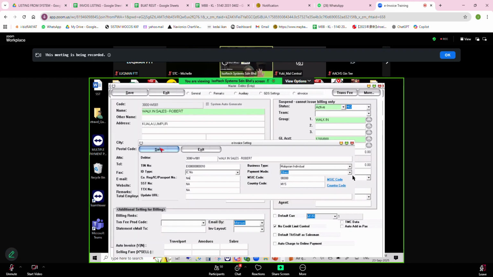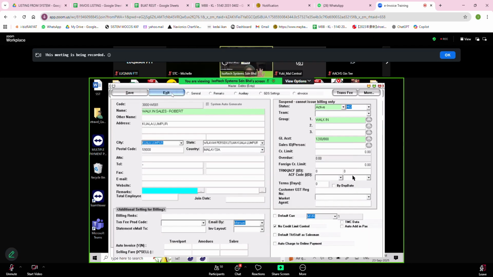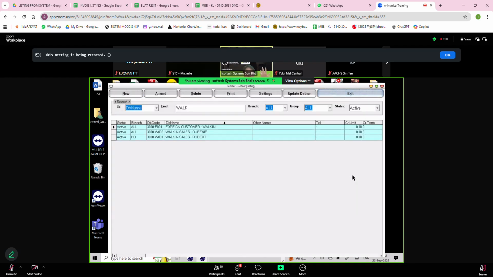Then click save. That means all this mapping you must have ready before you start with e-invoice. Okay, so this is for walk-in. For company, like this one, let's say iSoftTech system,